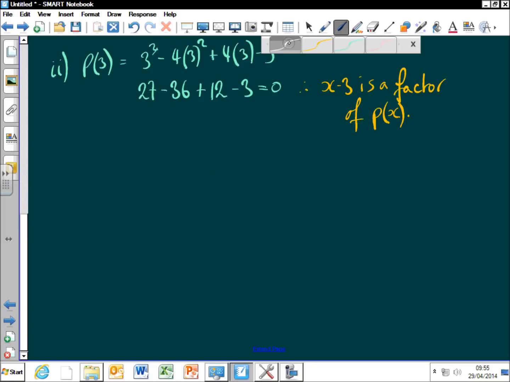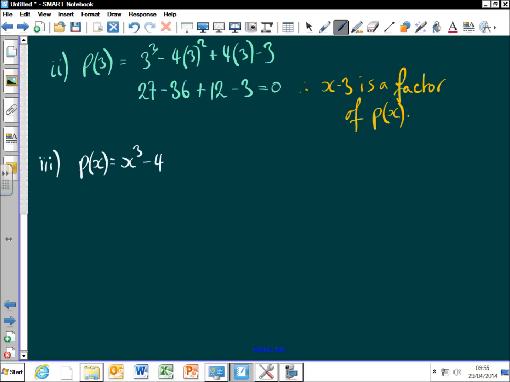So let's just write out P. P of x is equal to x cubed minus 4x squared plus 4x take 3, and this should be equal to x minus 3, because I know that's a factor, multiplied by something,